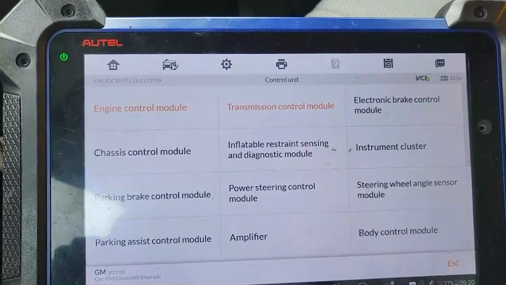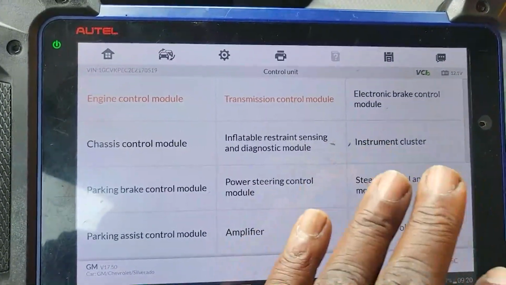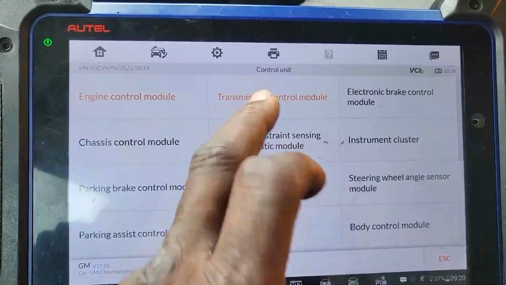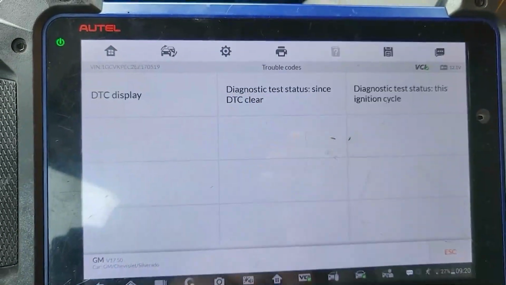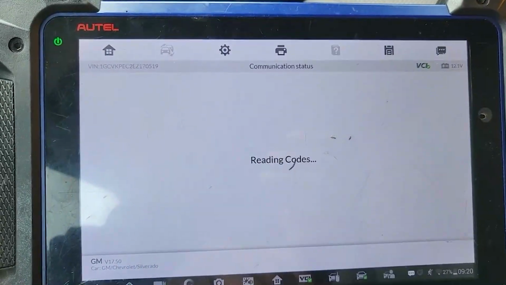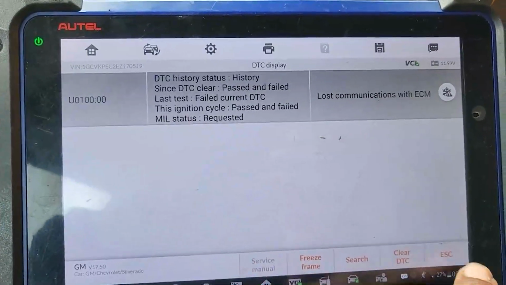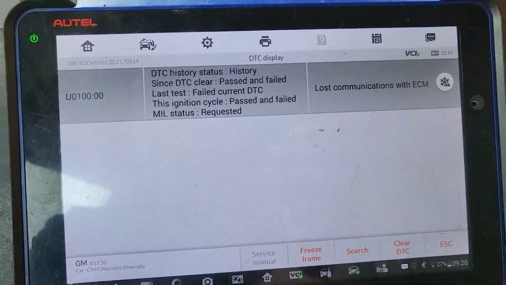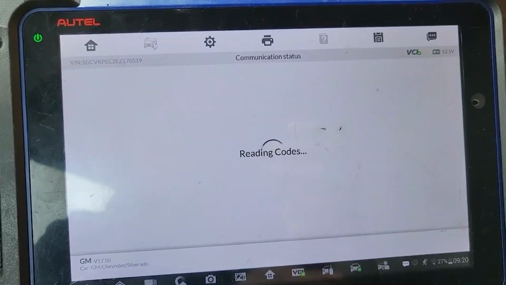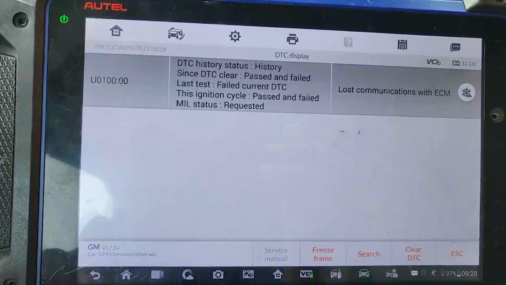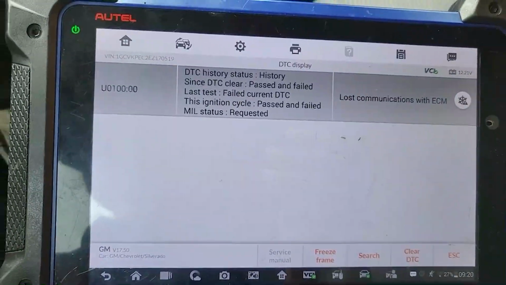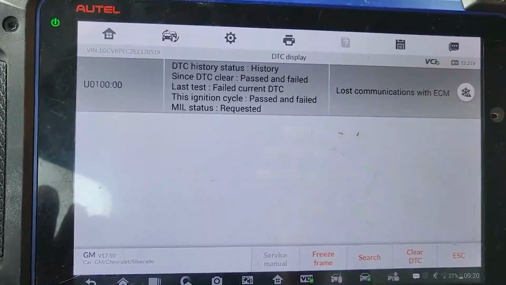It could be anything. So before you go crazy, what do we need to do in this case? In this case, the easiest thing is trouble code, display DTC. Let me clear it. It never clears. U0100. So the easiest thing to do is to go